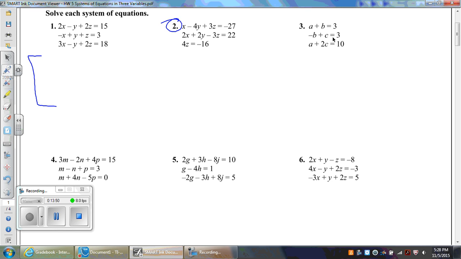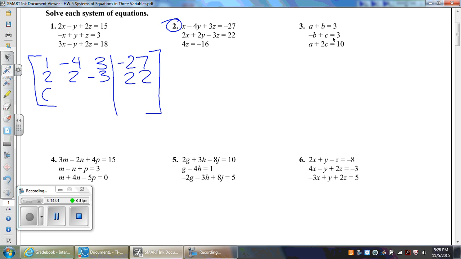So we start with 1, negative 4, 3, negative 27. And here we'll have 2, 2, negative 3, and 22. We don't have an x, we don't have a y, but we have 4z, and this is negative 16. So remember, when we do problems like this, we have to work first on the first column, and our goal is to get identity. So you are given a system, you have to create the augmented matrix, that will be your step, but then you have to select which one is the correct